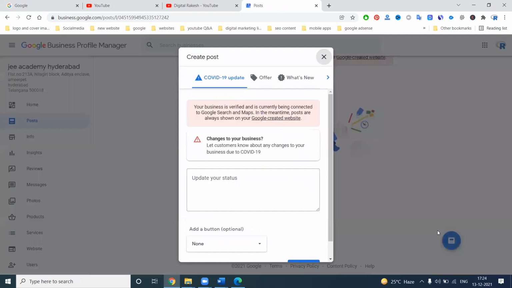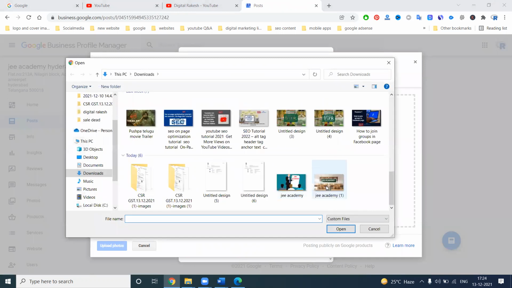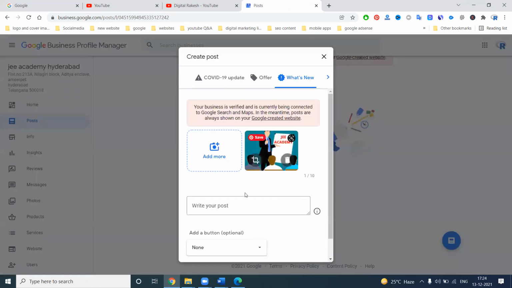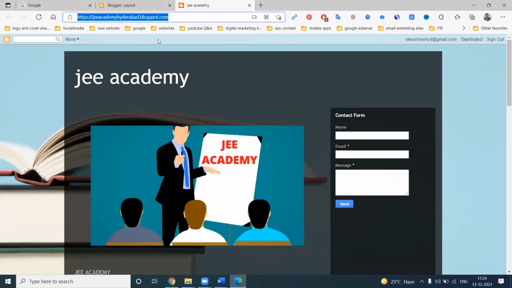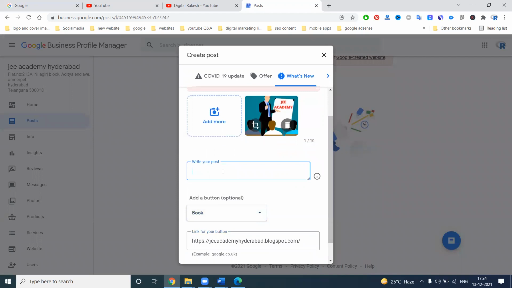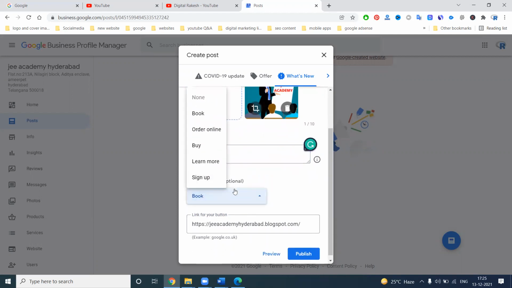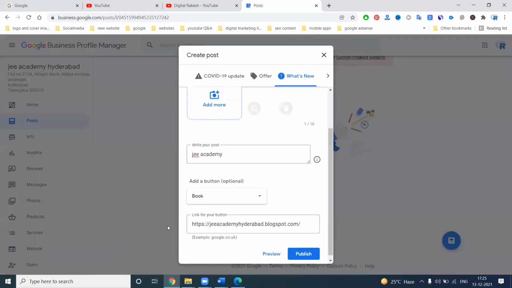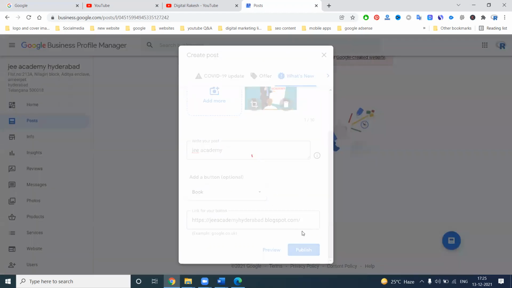Select here, what is the new post? In each particular post option, don't forget, we can add your contact details. So the posting will be here. In this, you can add your blog URL or phone number as your booking. You can call option. When you approve your business, you can go to the call option. Now click for publish. Before publishing this post, we can resize your image here. For each image when you're posting, adding your phone number is a must and important.